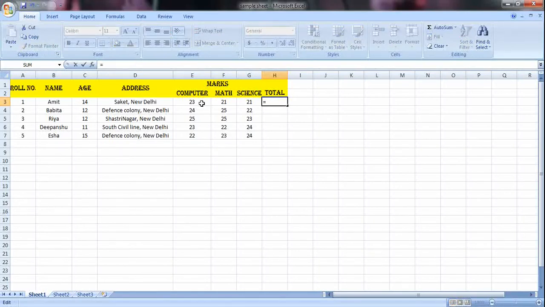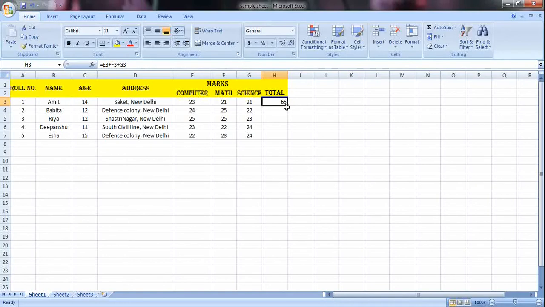The cell address of 23 is E3, so I'll write here E3 plus the cell address of 21 is F3, F3 plus, and the cell address of this 21 is G3, so G3 and enter. So again you get 65.